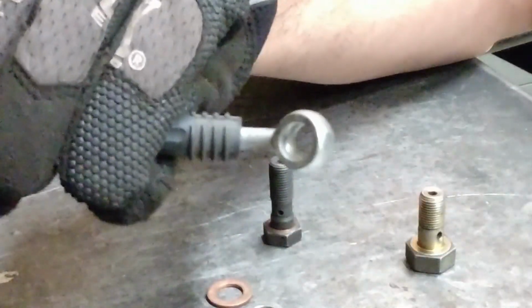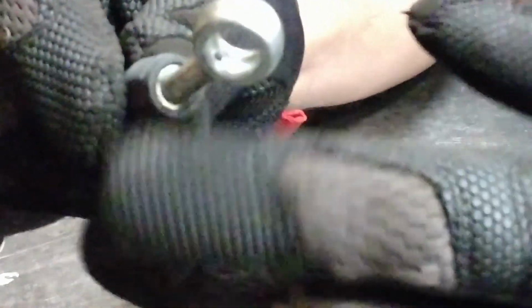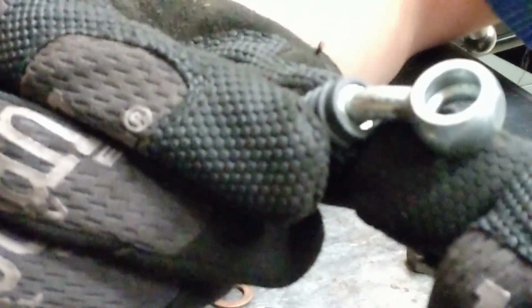this type of fitting on the end of a line. And right there you can see the hole where that opens up to where the bolt goes through. Now around this fitting, there is a relief that's molded into the end of this. You can see it a little better right there. That allows fluid to go around the bolt when the bolt is passing through,